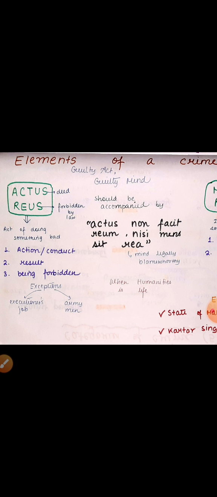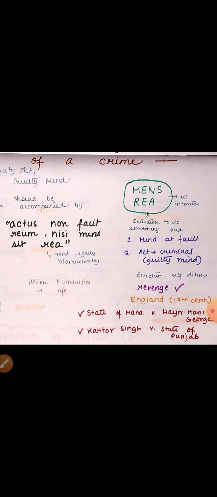Another exception is the job of the army man. The army man, we all know, kills terrorists or the foreign aggressors trying to move into our country. But our army kills those men to protect us. It's a part of their duty, and there is no actus reus in both these exceptions.